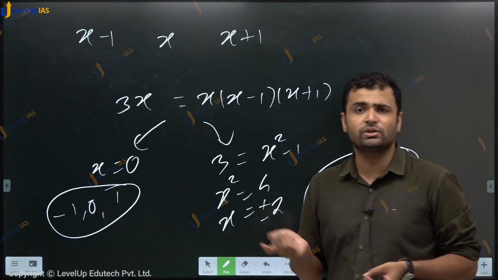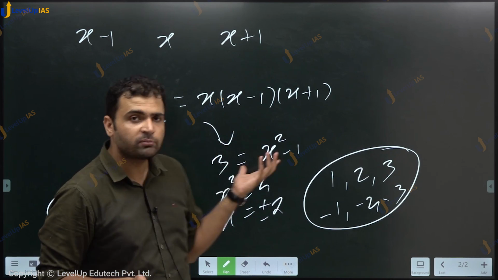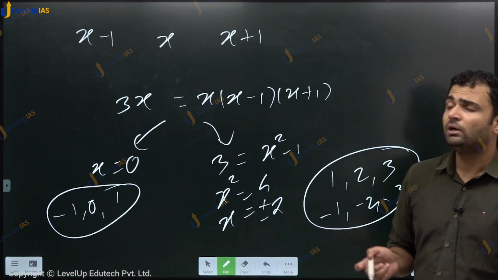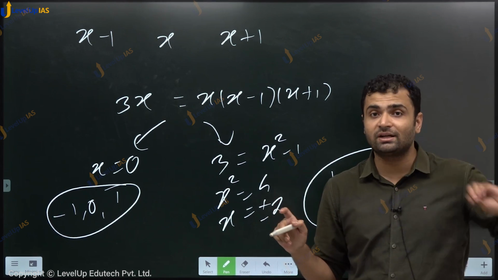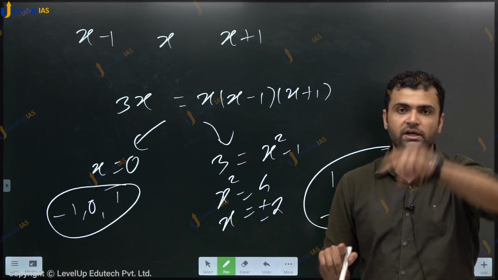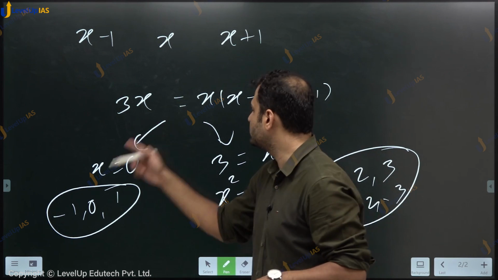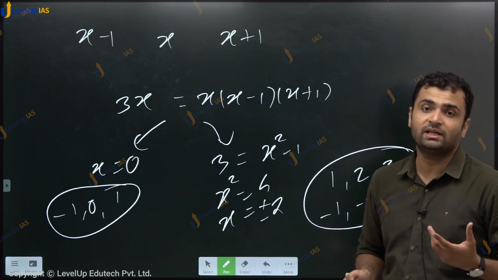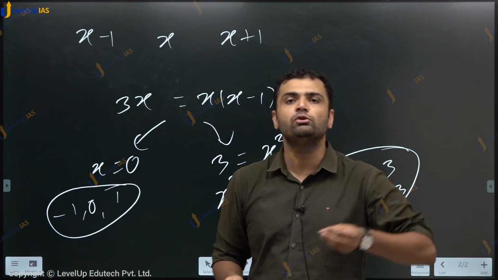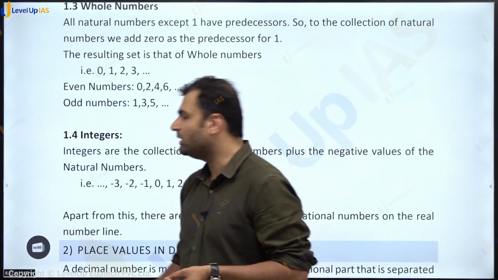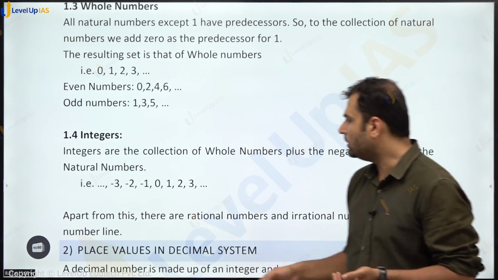This was the 2022 question. It was on the tougher side. I'm not expecting you to attempt this question because a lot of concepts are involved. Even if you leave it, that would be fine. But we have to remember that for the question on natural numbers, the answer was different, and for the question on integers, the answer is different. There are 3 triplets of integers, but only one triplet of natural numbers, which is 1, 2, and 3, that satisfies the property that the sum of 3 consecutive numbers is equal to their product. We have only one in natural numbers but 3 in integers. That is why these terms are important.